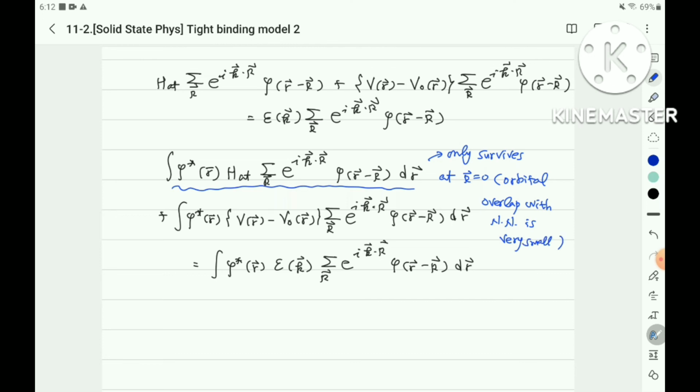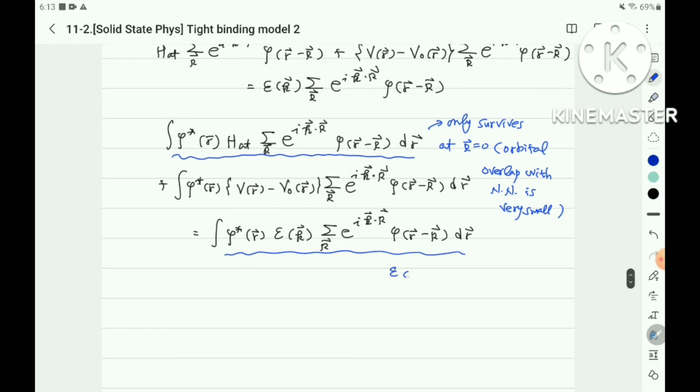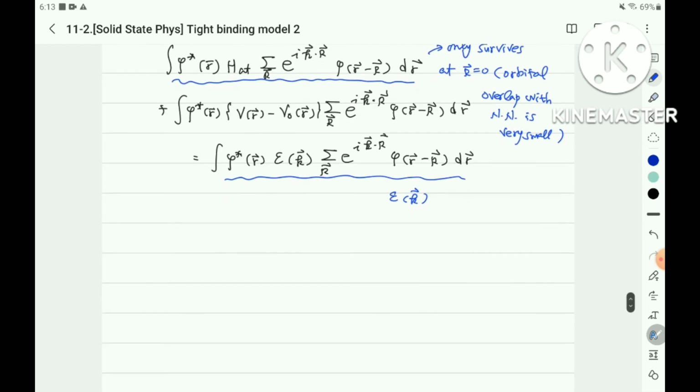And finally, this one has the energy eigenstate. In the same way, the final term only survives with epsilon, because the integral between R and the nearest neighbor interaction is very small. Then we should calculate the energy, calculate the potential here. This potential we should calculate, and therefore we should calculate this